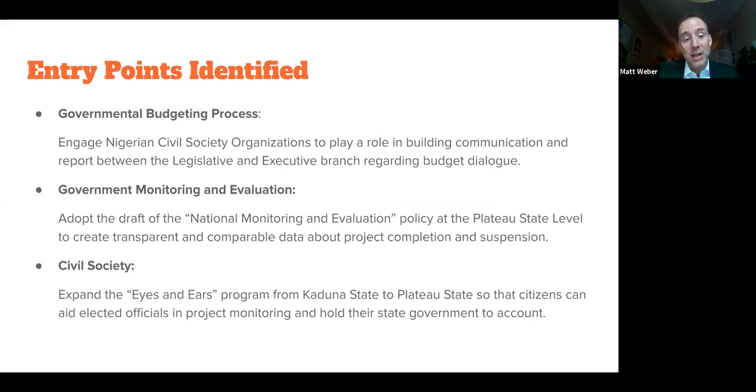If we could engage the Nigerian civil society organizations to play a role in building communication and rapport between the legislative and executive branch regarding budget dialogue, then we might be able to amend one aspect of the intergovernmental communication that's at odds here. And this entry point, one more level of detail, is that